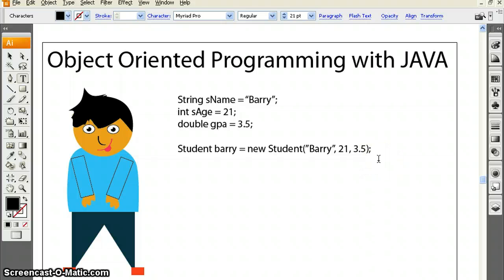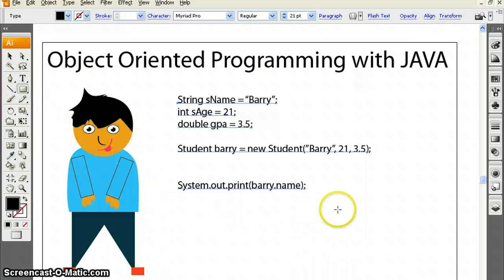So later in my code, I can do system.out.print Barry dot, for example, Barry dot name. And when I run that line of code, Barry's name, Barry with a capital B, will be displayed on the screen. Okay? And if we look at what we've got in memory, when all this happens, especially this line of code here,